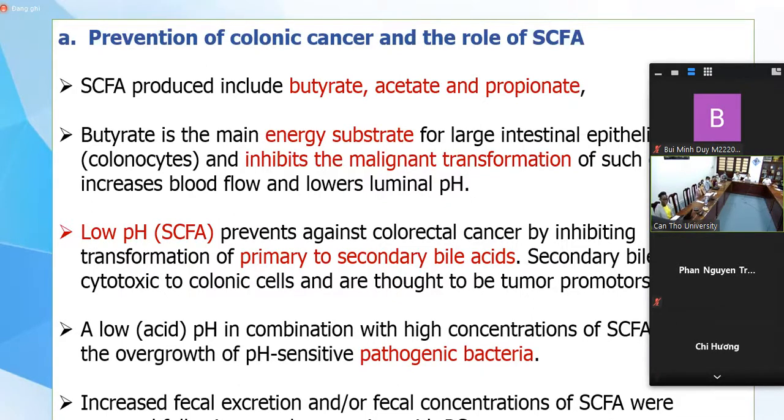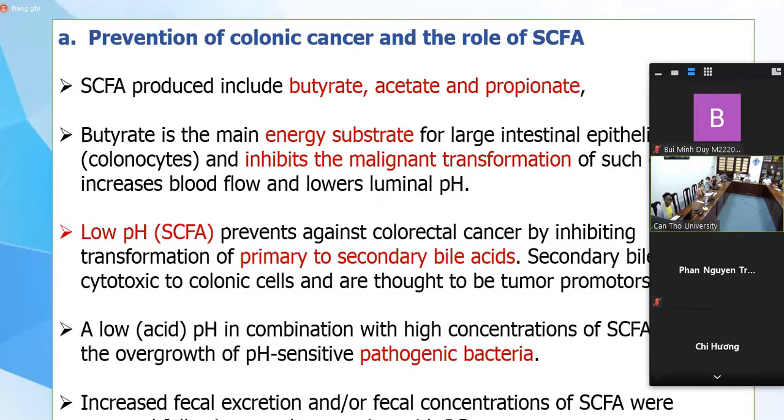This is mainly achieved because of the short-chain fatty acids: butyrate, acetate, and propionate. Butyrate is the main energy substrate of the large intestinal epithelial cells, and it inhibits the malignant transformation of such cells. It increases the blood flow and lowers the luminal pH. So the low pH from the short-chain fatty acids prevents against colorectal cancer by inhibiting transformation,